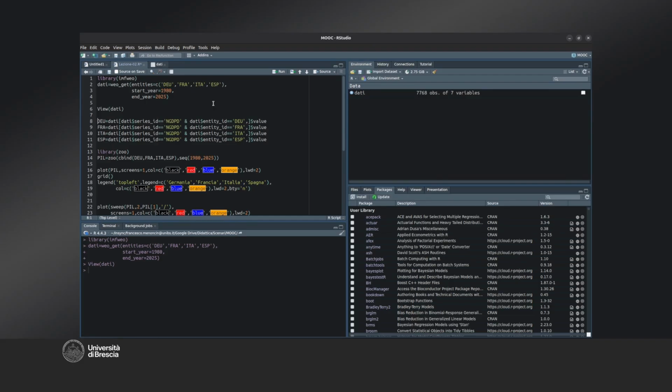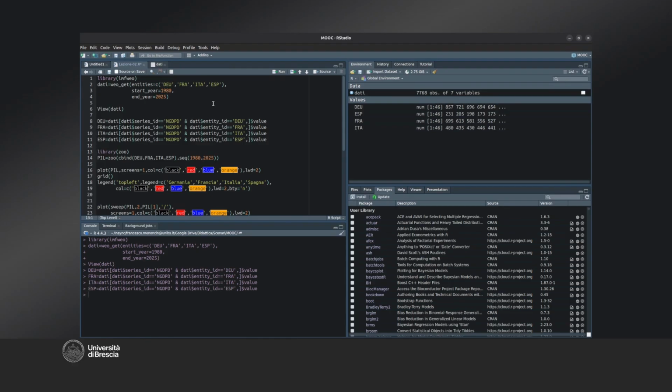This command creates the sequence of values for Germany, then France, Italy, and Spain. We can see them here in the top right, where they've been created among the variables in our global environment. Now, to transform these series, which only contain numbers, the GDP figures, into a time series, we need another package, ZOO. We can always install it by going to Packages and Install, and then we load it with the command library zoo. To create the time series with the zoo command, we need to enter the data we want to use to create the time series and the sequence of dates.